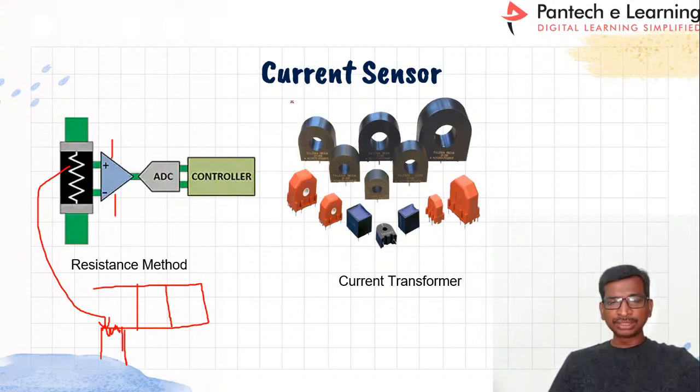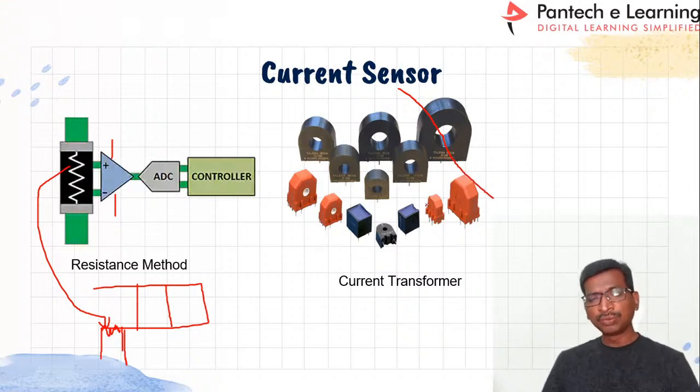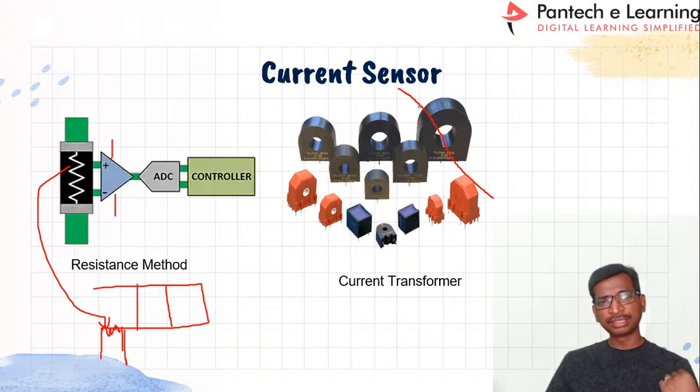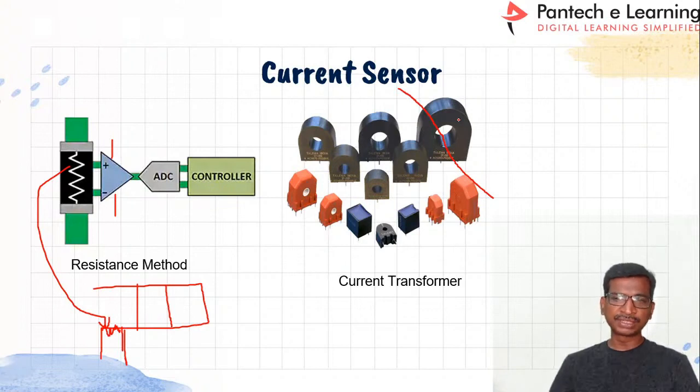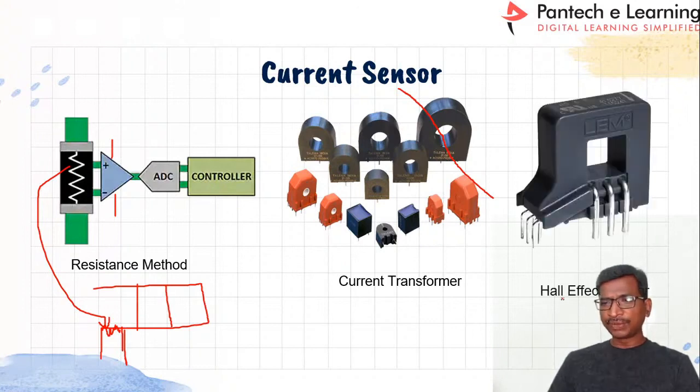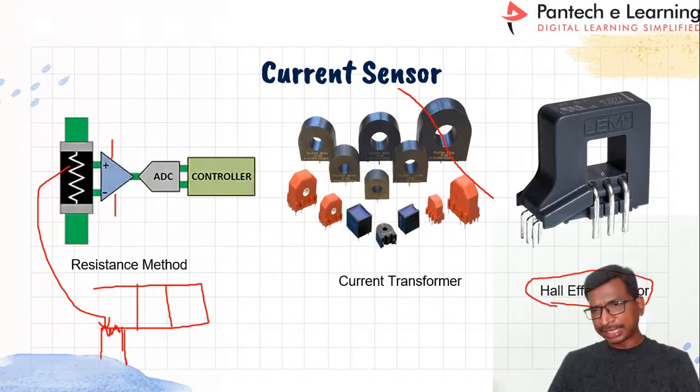Similarly, the current transformer. These are AC transformers, like a Hall effect based sensor. The current wire can be placed through the hole, and whenever current flows there, the sensor will generate a voltage, right? This is called the Hall effect sensor. Based on this, we can generate an output voltage, so we can sense the current this way also. Similarly, Hall effect sensors, again, are the high end ones. Actually here, this Hall effect sensor will be placed on the magnetic material.